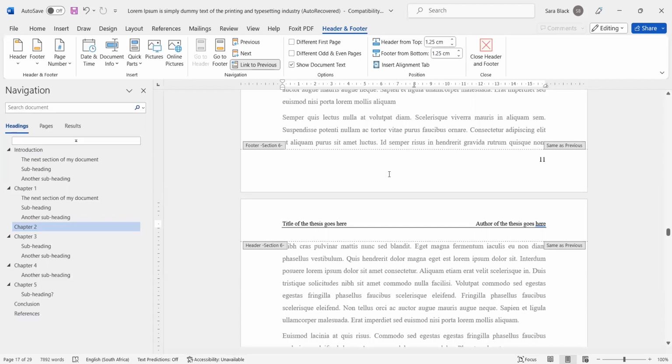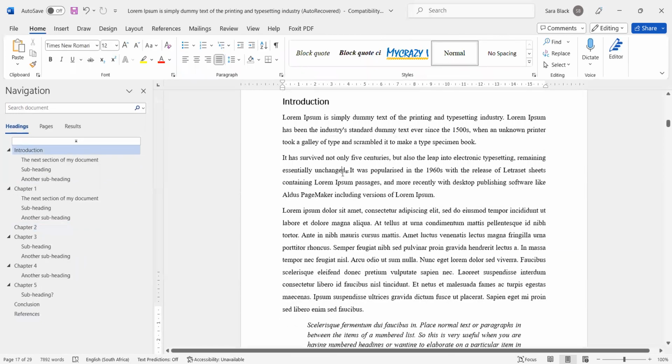Say, what chapter is the reader currently reading? And then, of course, the page numbers might shift as well. We already saw in the last video, but we'll look at it again, how I can have different page numbers for my preamble material, the main body of my text. And today I'll show you, we'll do it for the references as well. So if I go back to the top of my document,